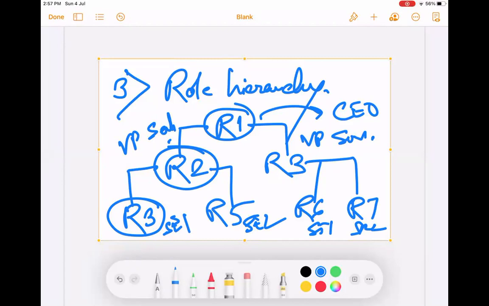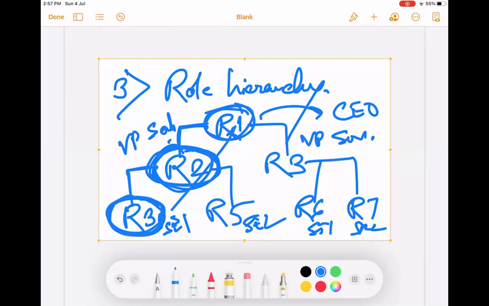So what happens is that automatically, if you set a role hierarchy, a person with a lower role, his own records will be automatically shared to a person with the higher role. That means the manager can always see the records of his junior. If I set up a role in such a way, then automatically Salesforce will show all the owned records of this person to this person and this person. So it will go up to the top level of the hierarchy.